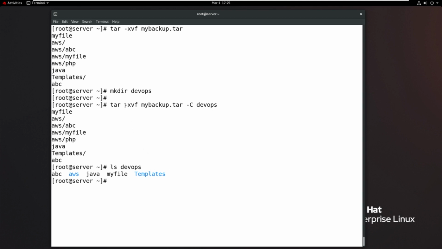So in the options, small c means create a tar file, but if you write capital C after the tar file, the C determines the target directory location. Right, so this is the way of creating tar files. In the environment, people call them tar balls.